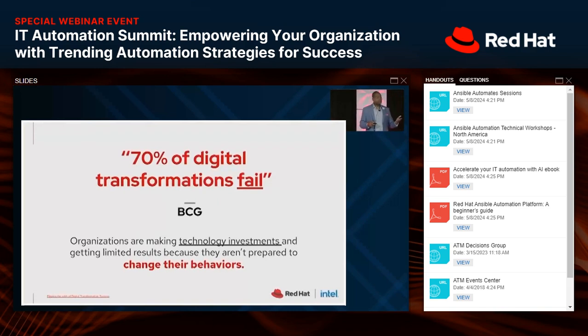The reason for this is that there are still too many organizations that make technology decisions but don't address enough of the systemic changes to actually make it happen, right? Their hearts are in it. They want to make this change, but they're not addressing all of the things they need to address in order to be successful with that digital transformation.